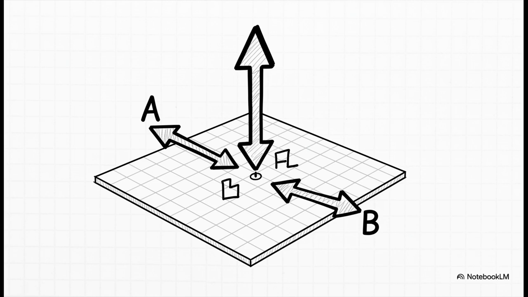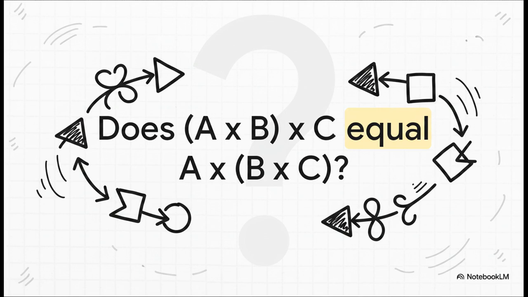If vectors A and B are lying flat on the page, their cross product, this n hat vector, points straight up, right out of the page. It's like you're conjuring up a third dimension from the flat two-dimensional surface you started on. It's really wild stuff. So this might make you wonder, with regular old numbers, the order you multiply things in